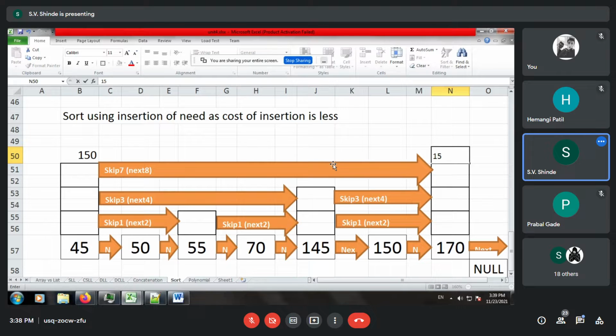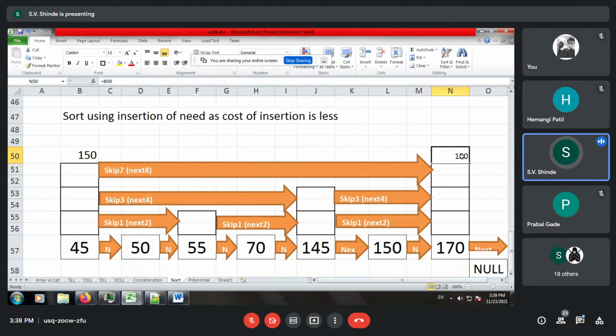So let us say it is comparing with the last node, that is 170. Over here 150 is less than 170. So it is expected that 150 may be within the range of the linked list.